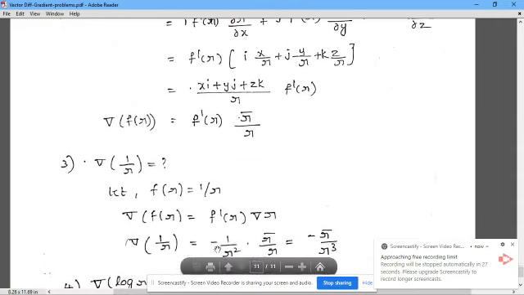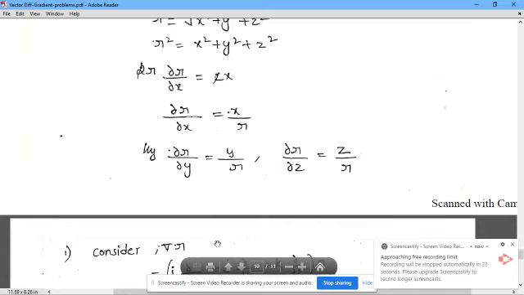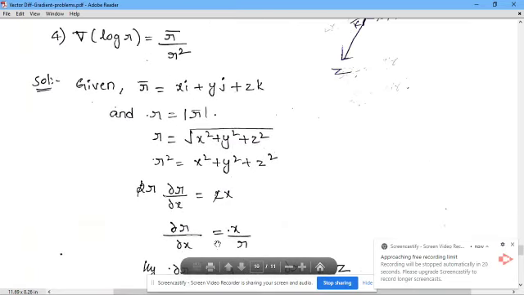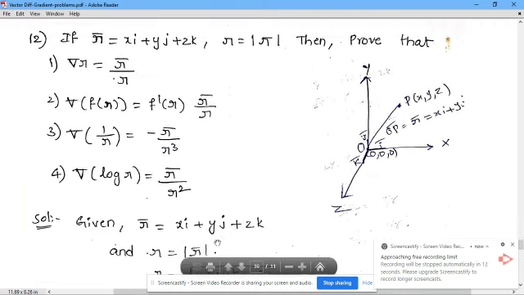These statements are important in vector differentiation and vector integration. Don't forget, these values are so important while doing problems or theorems in vector identities or vector integral theorems. So r bar is xi plus yj plus zk. R is its magnitude, root of x square plus y square plus z square, dou r by dou x is x by r, dou r by dou y is y by r, dou r by dou z is z by r.